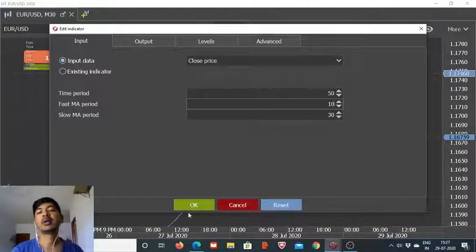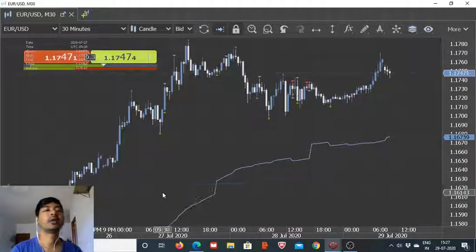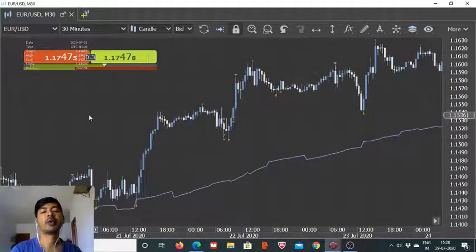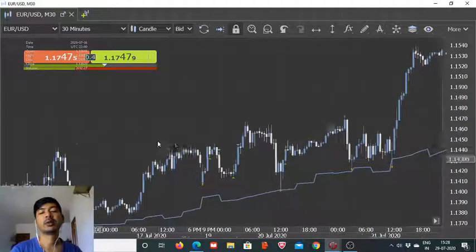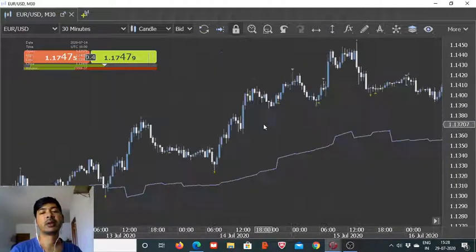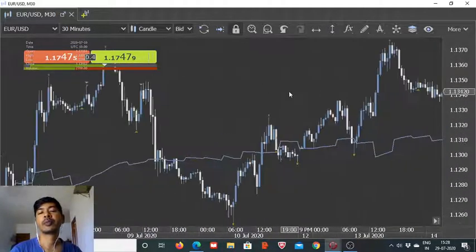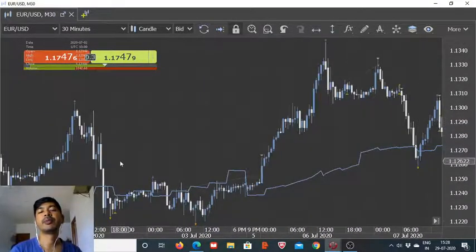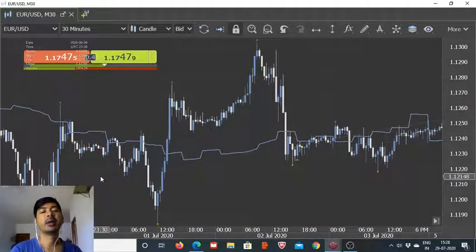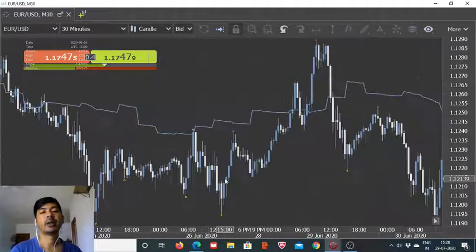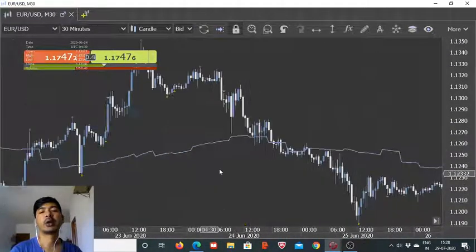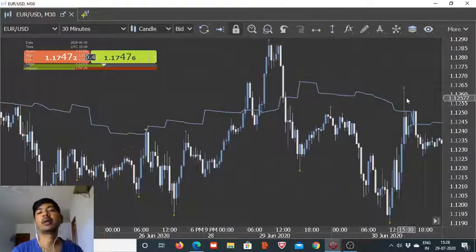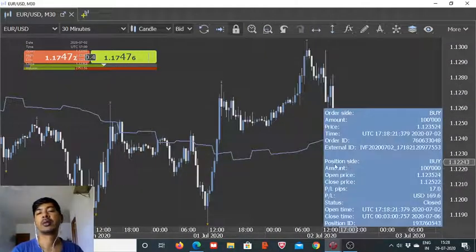Then all of a sudden we have this KMA which is following the price action from a long distance. So it makes a whole lot of difference in how this KMA is being calculated, and it's a lot less smoother as the moving average of the faster type has been increased. So because of that